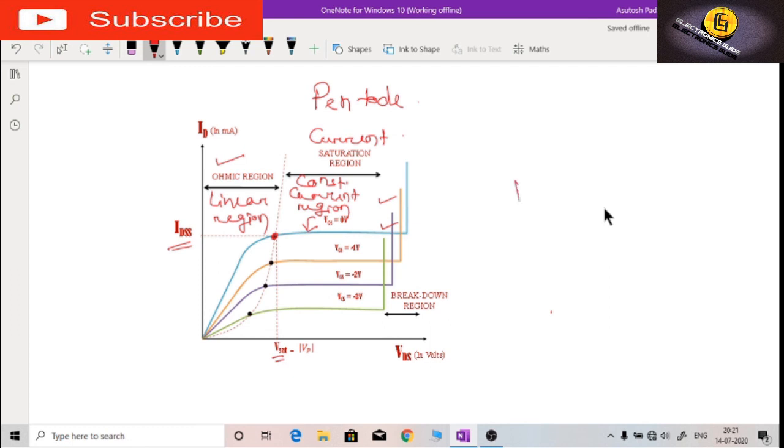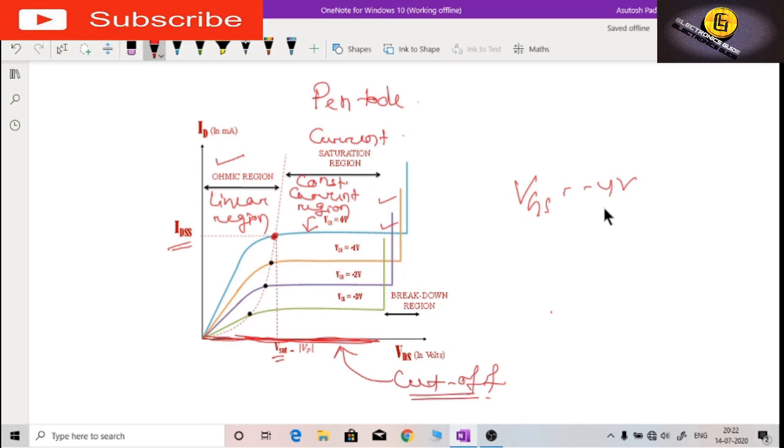And let's assume the case when VGS equal to minus 4 volt, the channel gets pinched off. That means the channel width is going to be 0 and ID will also be 0. Then the line will be here, that is, no current is flowing as the channel is pinched off, channel width is 0, and the line is on the x-axis. This region is known as the cutoff region. So for an n channel JFET, 4 regions are defined. First is the linear or ohmic region, second is the saturation region or constant current region, third is the breakdown region, and fourth is the cutoff region.